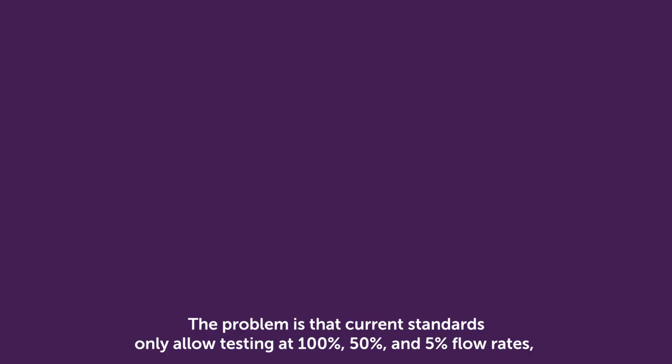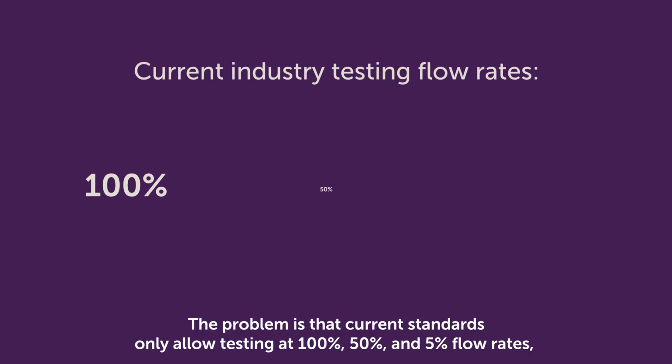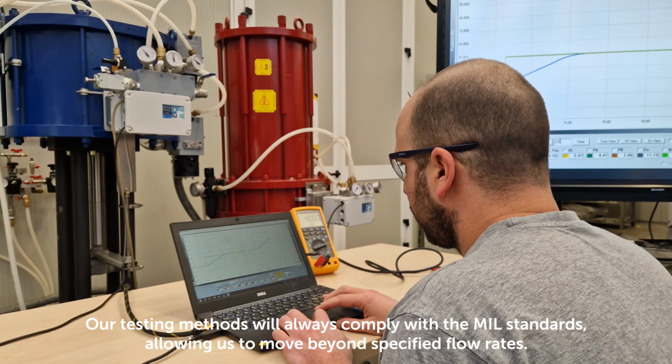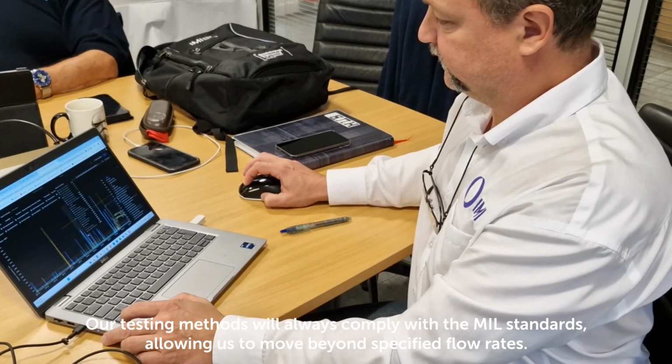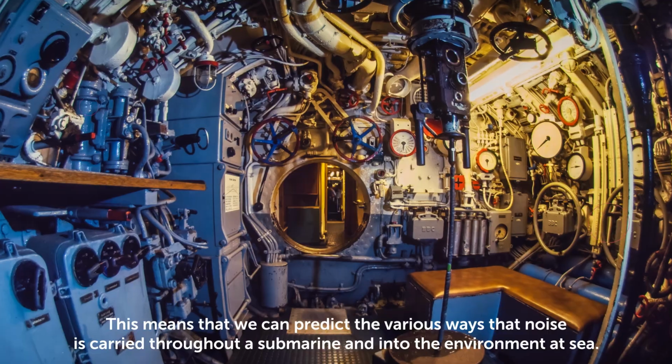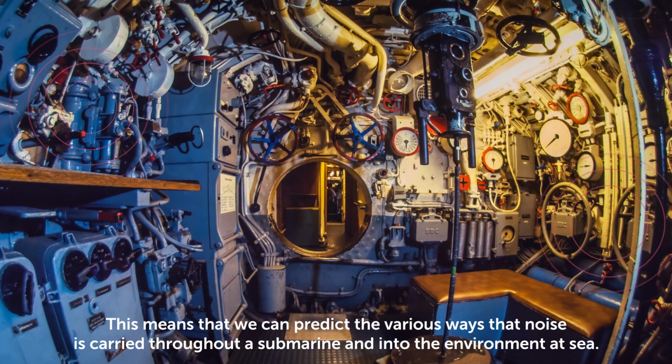The problem is that current standards only require testing at 100%, 50% and 5% flow rates, which do not reflect real-world operational conditions. Our testing methods will always comply with the MIL standards while allowing us to move beyond specified flow rates. This means that we can predict the various ways that noise is carried throughout the submarine and into